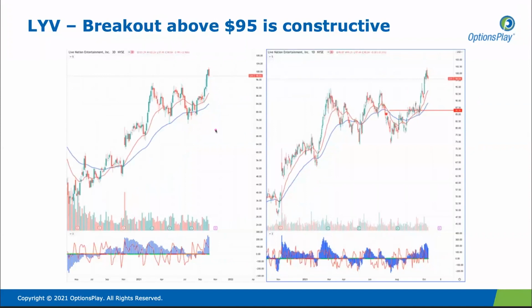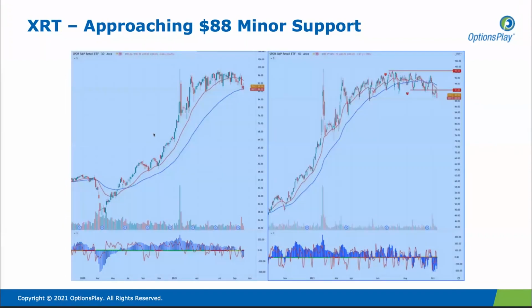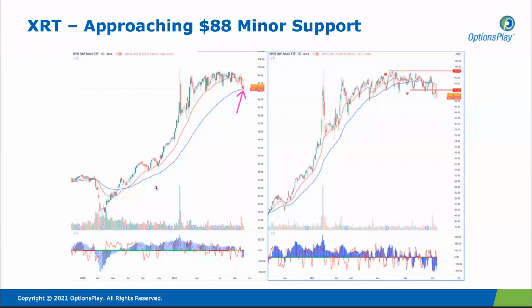And it's approaching this major moving average line that really hasn't been tested at all throughout this rally here. And the fact that we're now testing it is concerning. We haven't broken it yet, but we're just on the verge of it. And these are the ones that I think we really have to pay attention to, because if we see these bounce, that confirms some of the firmness, if you will, that we start to see in equities. But if we see these break, then I think there's further downside here for equities at the moment.